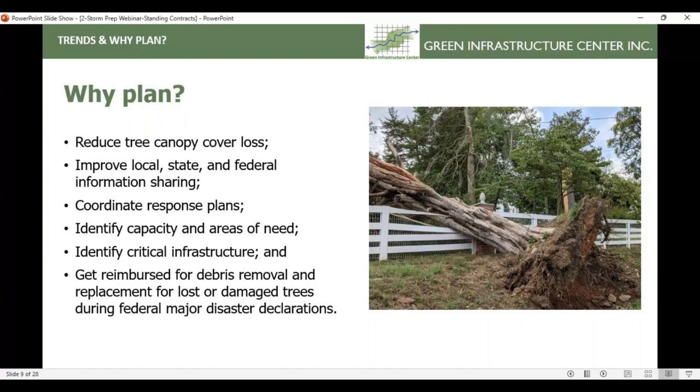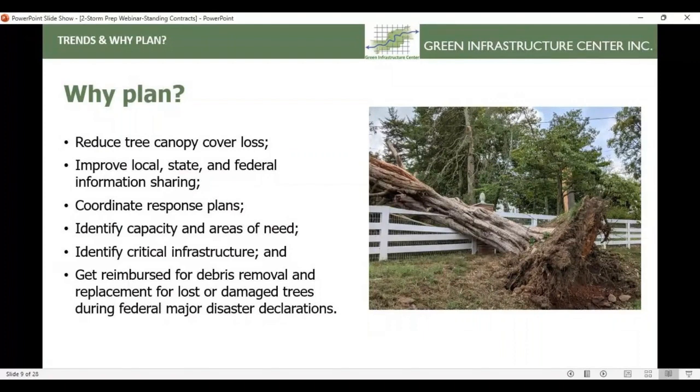One, to minimize property damage and liability, but also to maximize the retention of tree canopy after a storm, so we're not losing as much canopy over time, because our green infrastructure assets are providing a lot of benefits to the community: stormwater mitigation, urban heat island, carbon sequestration, reducing air pollution, just to name a few. And so it's really important that we keep that canopy cover intact as best we can, or